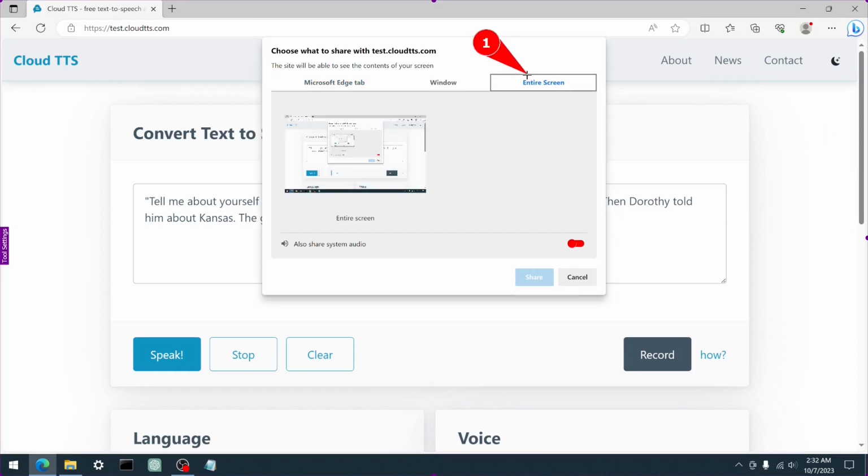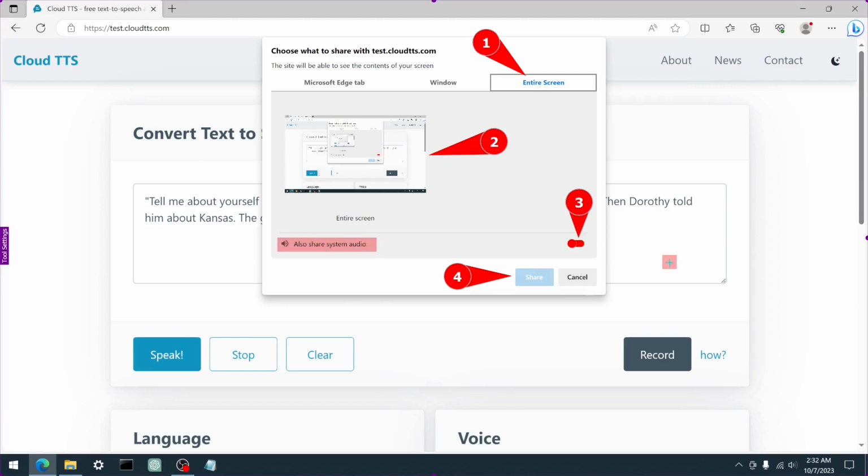First, open this tab and then select the screen from which you want to capture audio. I have only one screen here. Next, specify that you also want to record audio, as by default it captures video only. After completing these steps, the share button will become enabled, so you should be able to click on it to start the recording. I want to stress once again that this switch should be turned on. Doing so will allow you to capture the system audio.